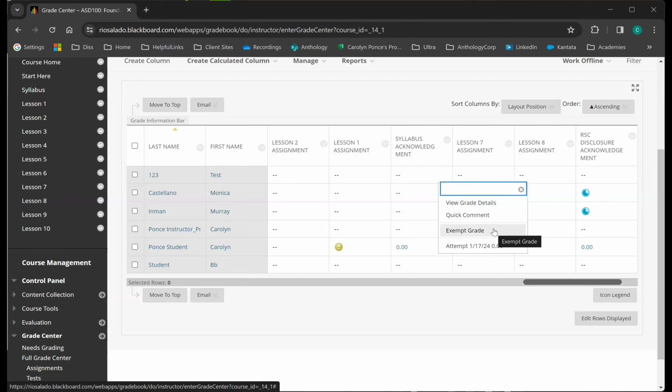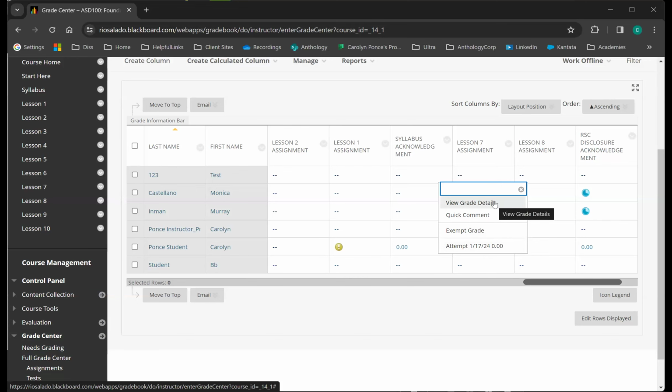You can exempt them from that grade. Again, work with any faculty that need to do that. Work with whomever you need to ensure that you're following correct policies. And then you can also access that particular attempt if something is submitted. So there was a submission here, so I could access that attempt.